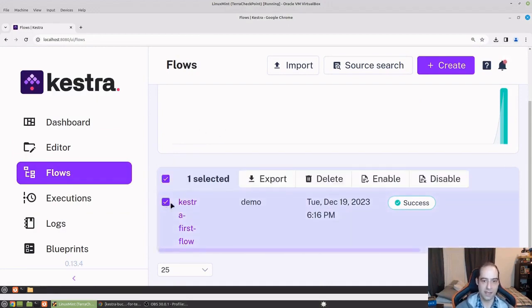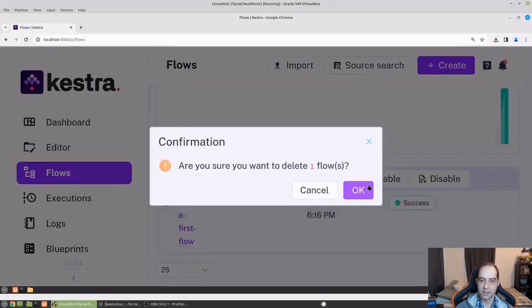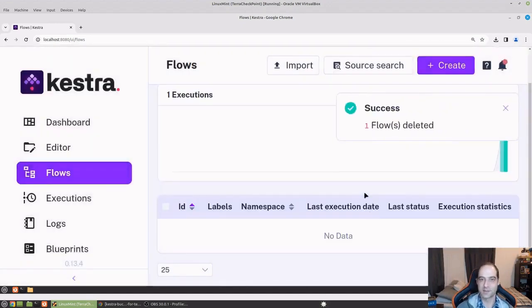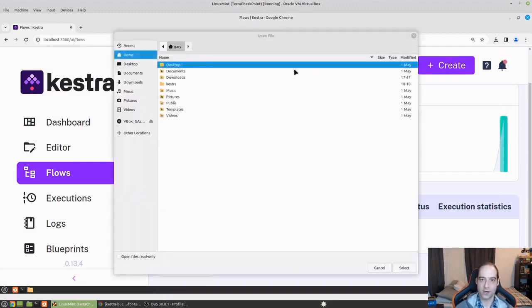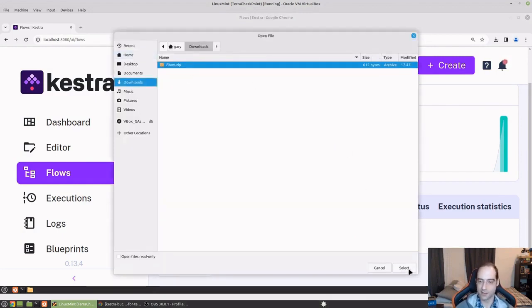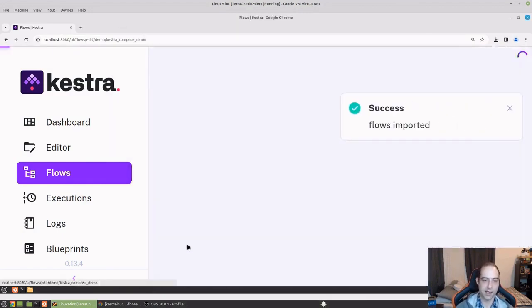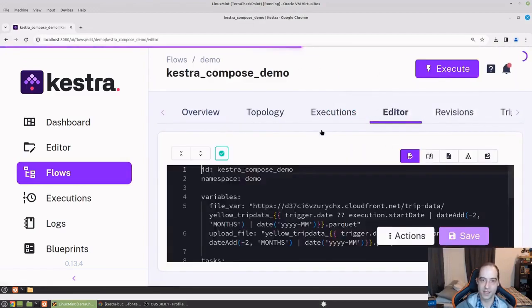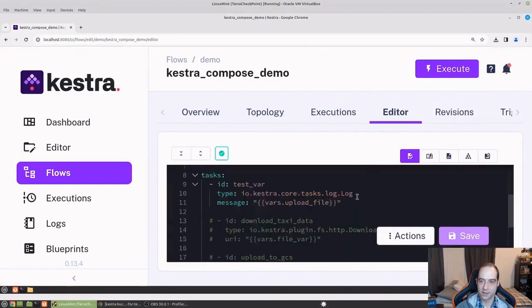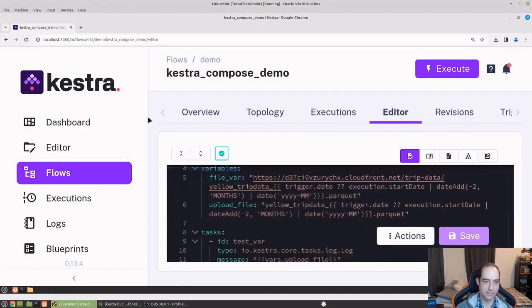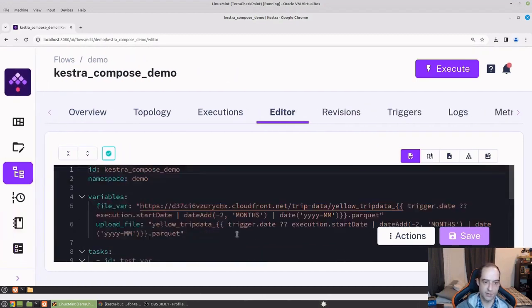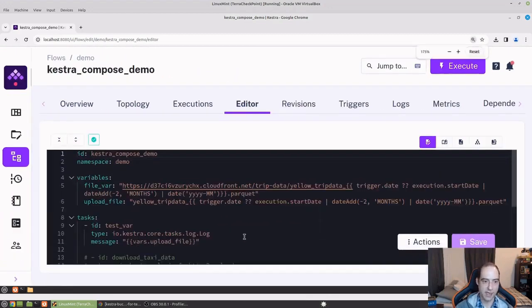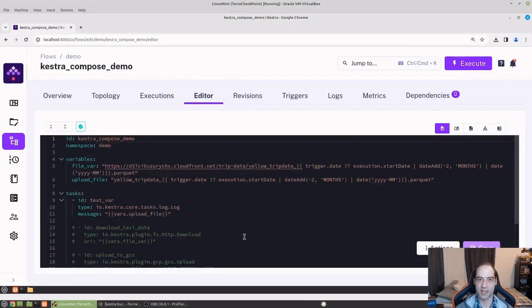All right, so let me get rid of this, and we'll make a data pipeline that's a little more interesting than just logging a message. And I have already created one that should be here in downloads. So let me just import that so I don't waste a lot of time with you just watching me type. And I will edit that flow. So let's see. We can probably move that. And now I'm going to zoom out for just a moment so we can kind of see it in context